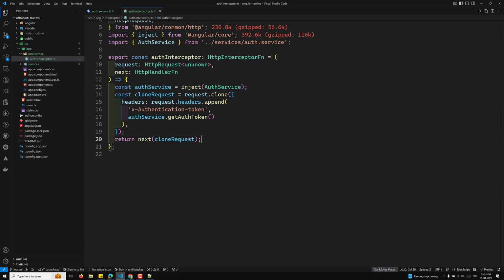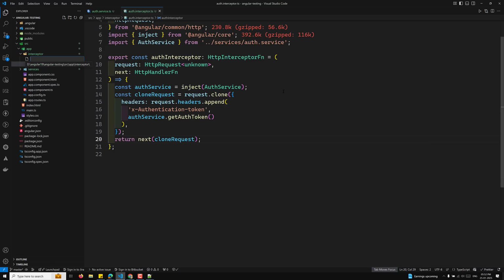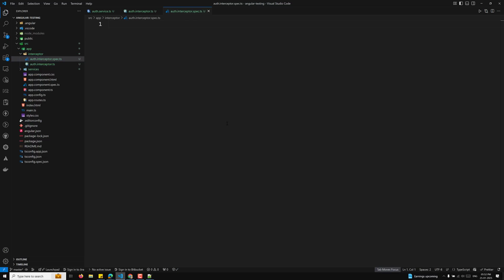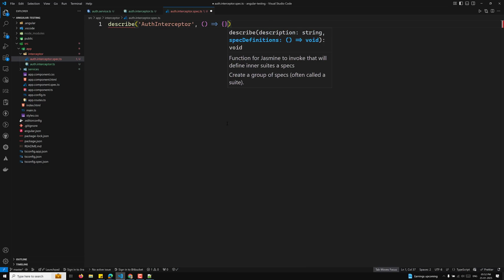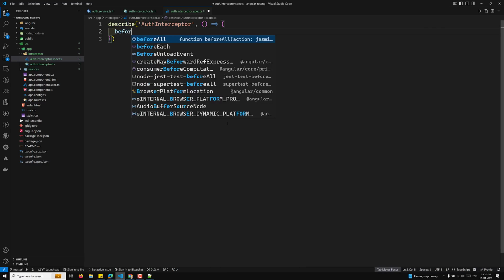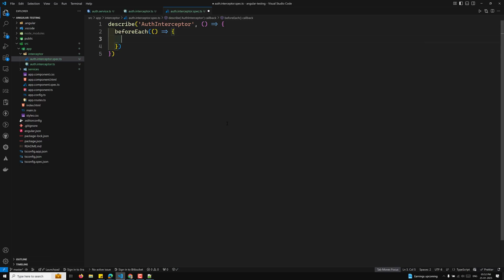So now we need to write the test case for this one. Writing the test case for this one is very easy. So don't think that it is too difficult. If you are following my previous videos, it will be very easy. So in the auth interceptor dot spec dot ts file, here I will be writing describe of auth interceptor, and this one takes the method, and here you can write the before each, oh, not before all, before each, yeah, and here you can write testbed